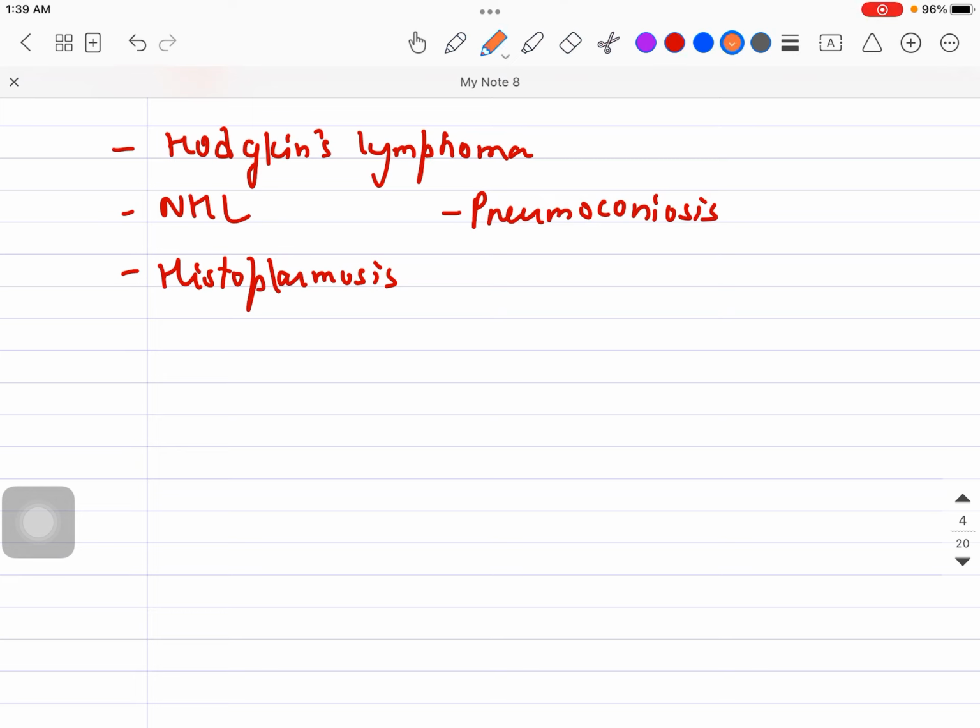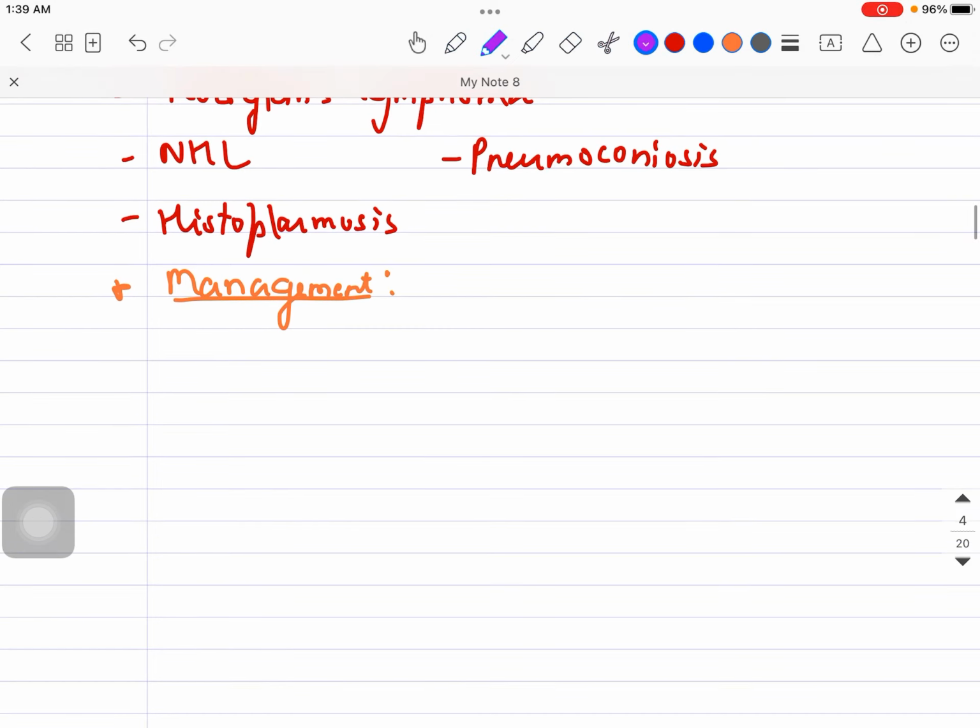At last, coming to the most awaited part, the management and treatment of this particular condition. As I told you earlier, almost 50% of patients don't need treatment, because they are asymptomatic and their immune system will take care of the disease. If they have only pulmonary sarcoidosis, with no extrapulmonary symptoms, just hilar lymphadenopathy, it can resolve back also. I told you in the stages that it is very much reversible.